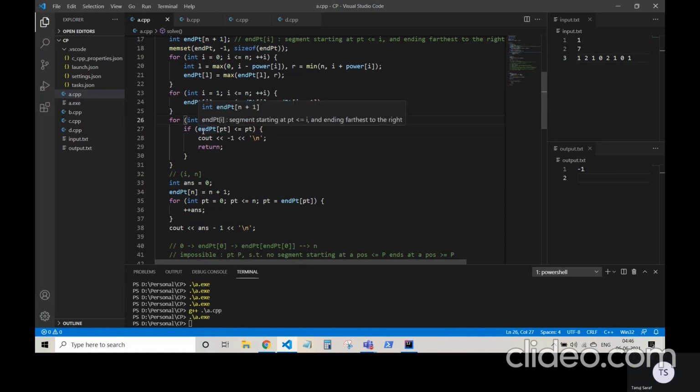Because if the solution does exist, then endpoint of the nth point, that would be n, right? Because this r, since we have taken a min with n, for any particular index in endpoint of I, we can never have it greater than n. So for point equal to n, this condition would always hold and we would always get a -1,